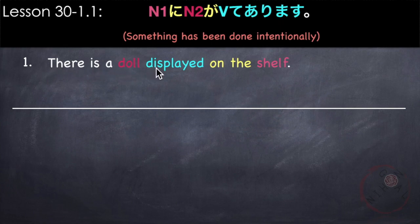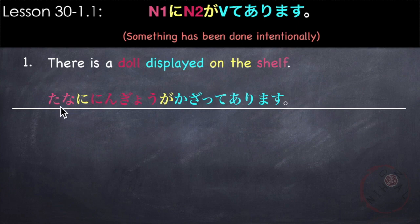Our noun 1 is the shelf, which is the location of the object. And the second noun is the doll. And our verb is display or 飾ります。So let's make this into a Japanese sentence. Using the pattern N1 に N2 が verb てあります。So, shelf is 棚。棚に doll is 人形が and our verb is 飾ります。So